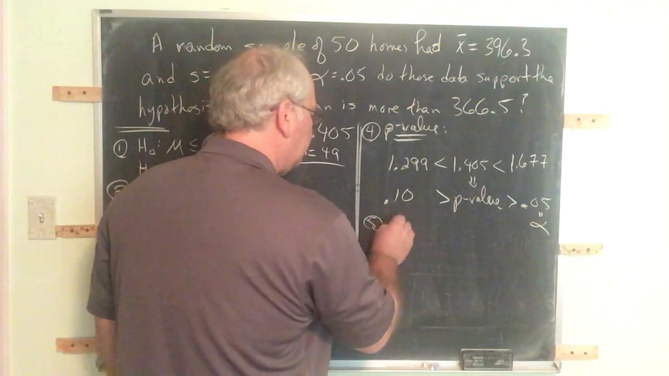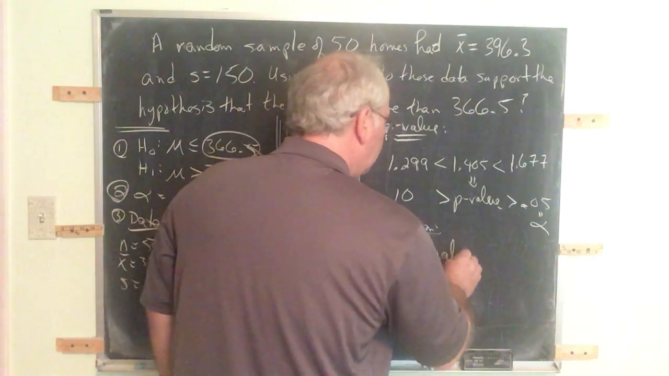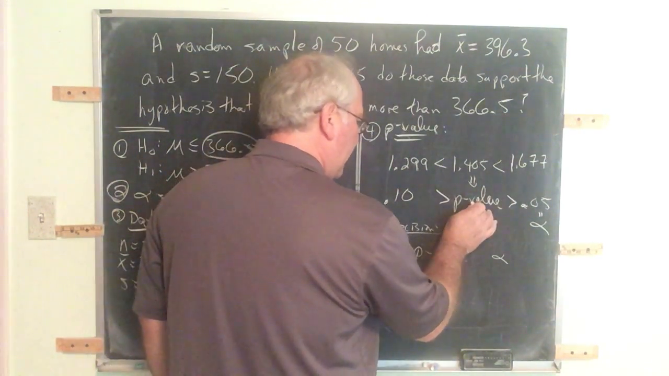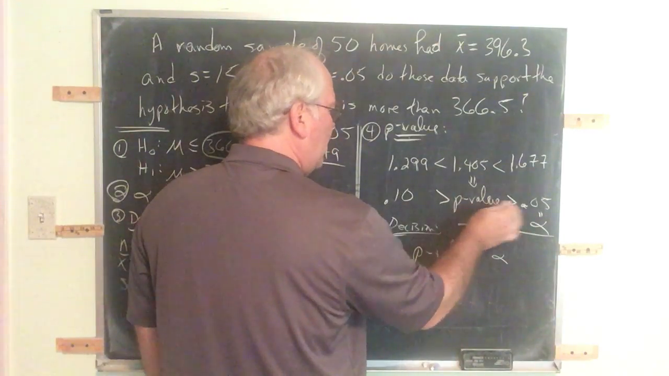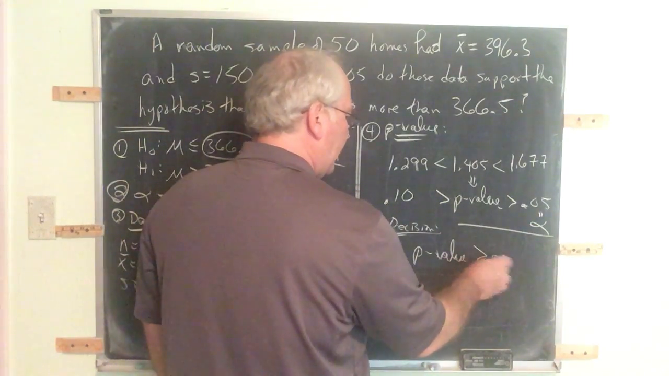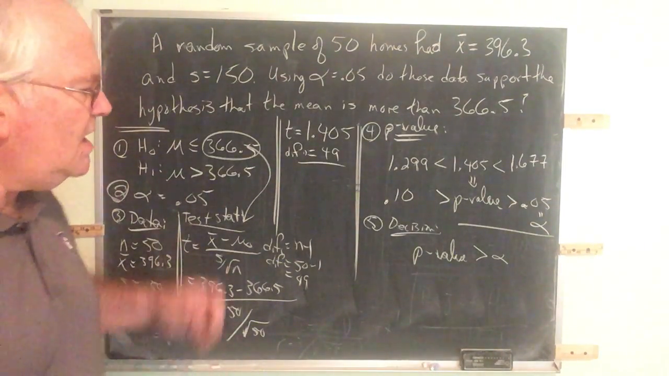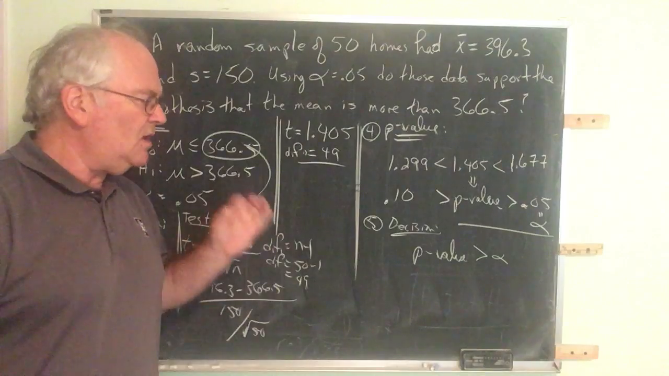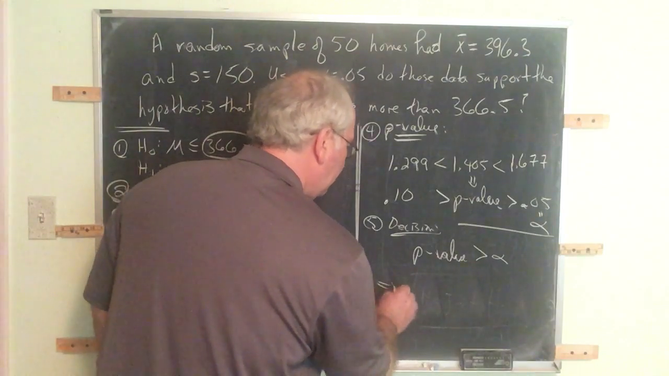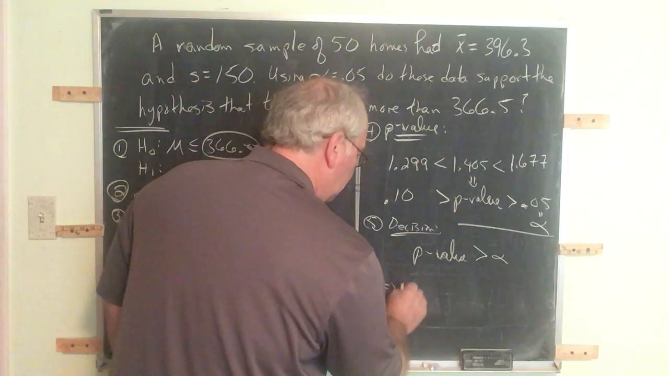Step 5, decision. We have p-value, always write p-value first, always write alpha second. And so, in our case, p-value, here it is, it's smacking you right in the face. P-value is bigger than alpha. Mama bear is bigger than baby bear. P-value is greater than alpha. Our decision rule is reject the null hypothesis if the p-value is less than alpha. So our p-value is not less than alpha, so we do not